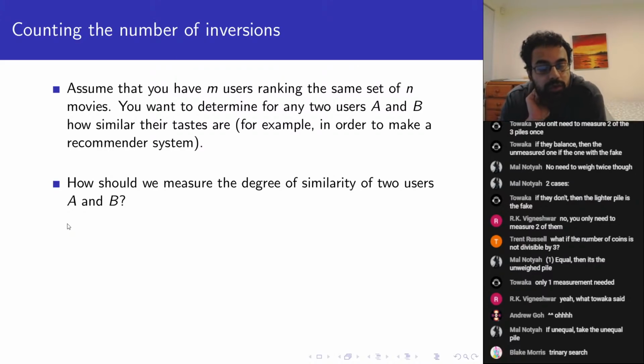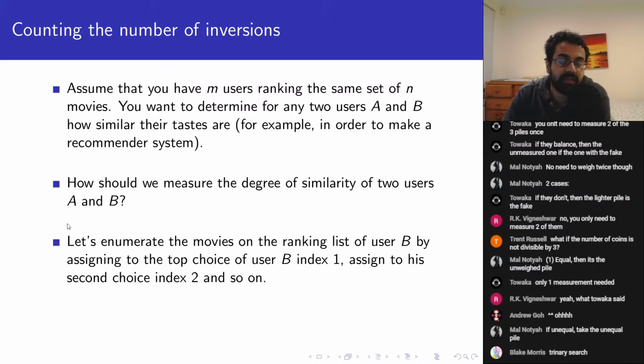So in order to do this, one building block is to say, for any pair of users A and B, we need to have some sense in which we can measure, are their preferences similar or not? If person A has ranked a bunch of movies and person B has ranked a bunch of the same movies, then one way of doing this is to say, let's call these movies by B's choices,